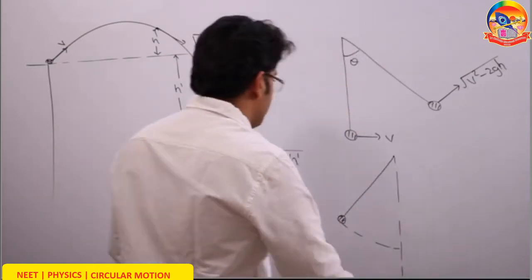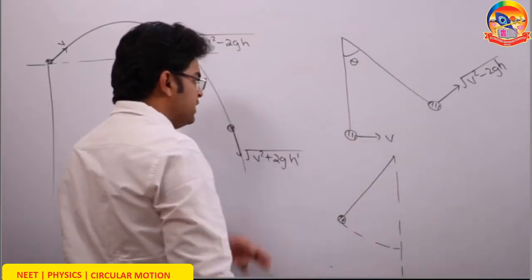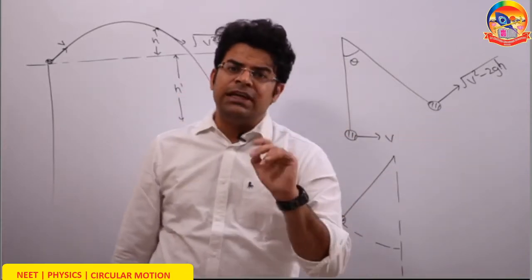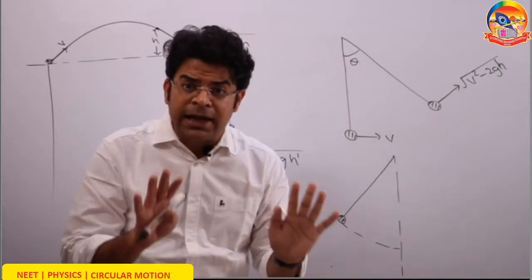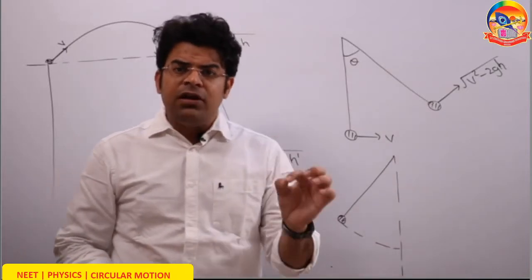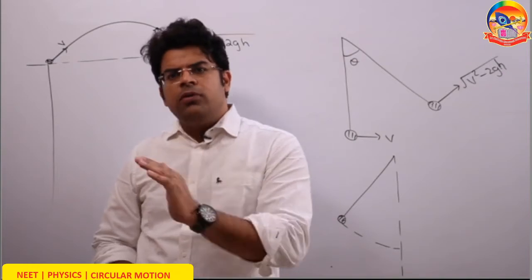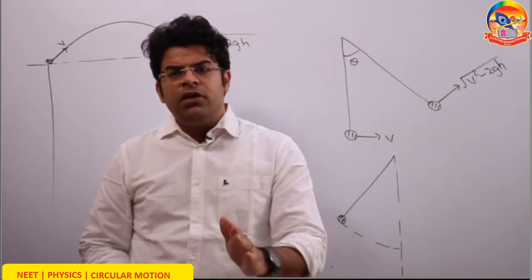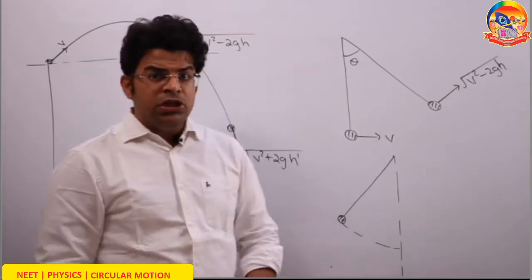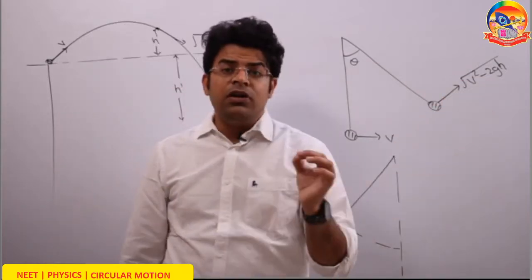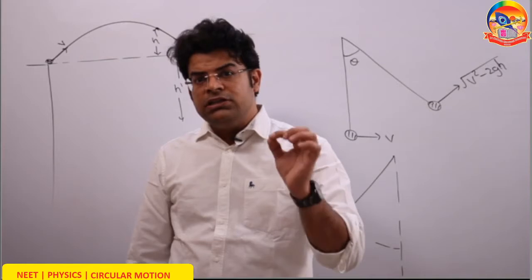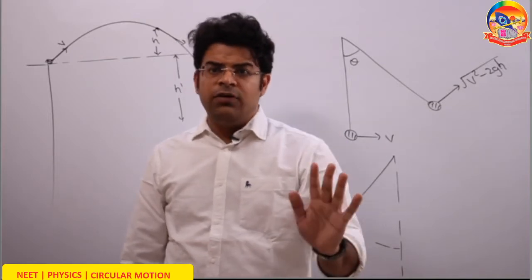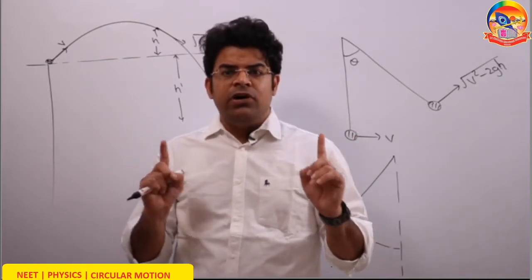For example, you have a bob, you give it some velocity, and as it moves, there are two forces acting on it: the force of tension and the force of gravity. There is no third force acting on this bob. We have learned in the work power energy session that the work done by radial forces is always zero. So as the bob goes up, the work done by tension on the bob is zero. So who does the work on the bob? The work is done on the bob only by the force of gravity, and this technique works only when